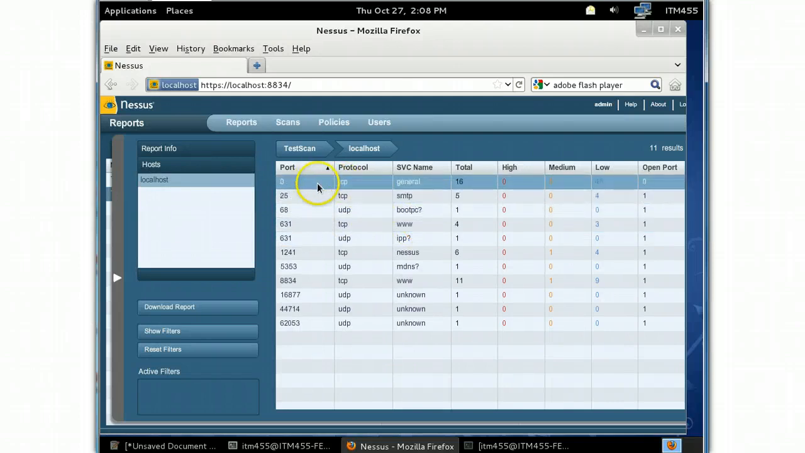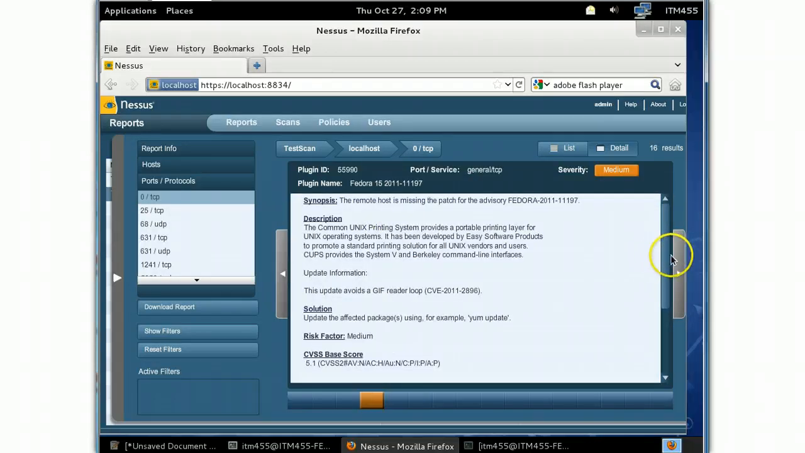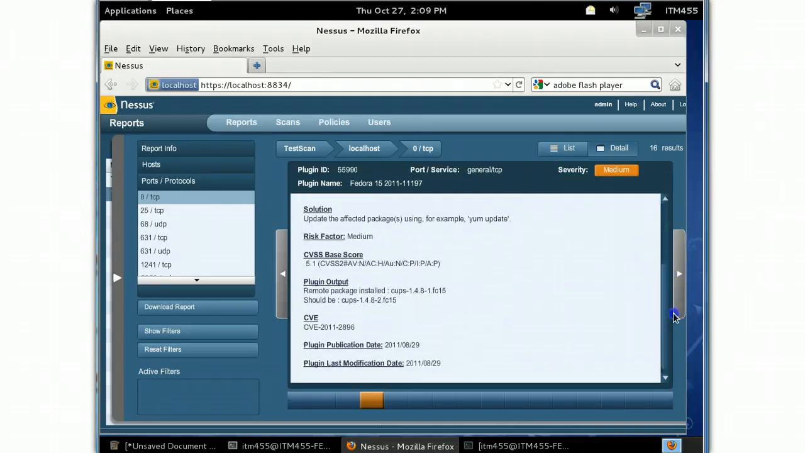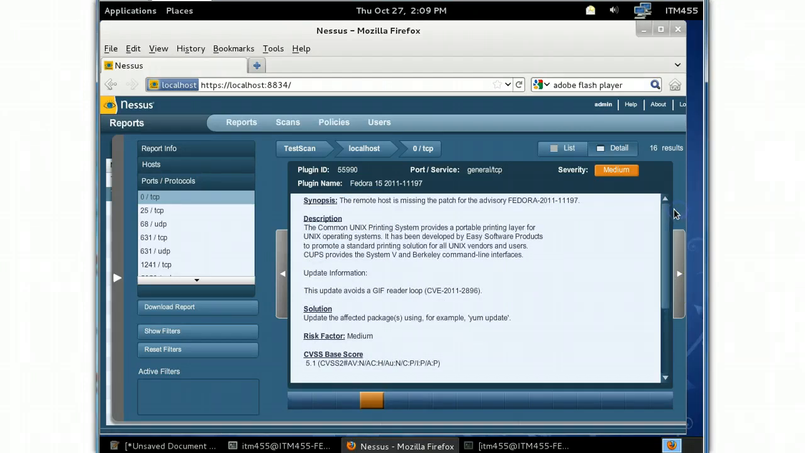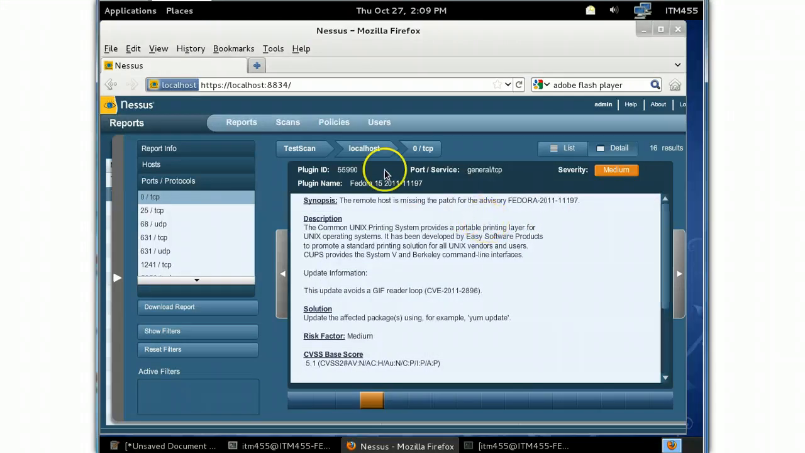We'll go to the medium for now, TCP 0, Fedora 15, and here's your CVSS number. You can actually do a search against that CVSS base score and come up with information. And here's your CVE number. So this CVE number you can actually search online as it is, and it'll give you more information about this vulnerability, and also information about what type of fixes or controls you can put against that vulnerability. So let's go ahead and go back to reports,